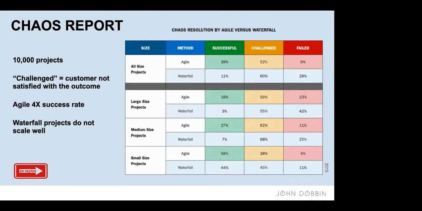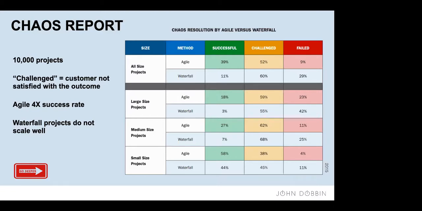And this is typically because large projects take a long time, and in that time, lots of things change. So the business requirements change. People who actually wrote the requirements or dictated the requirements for a system have left the business.